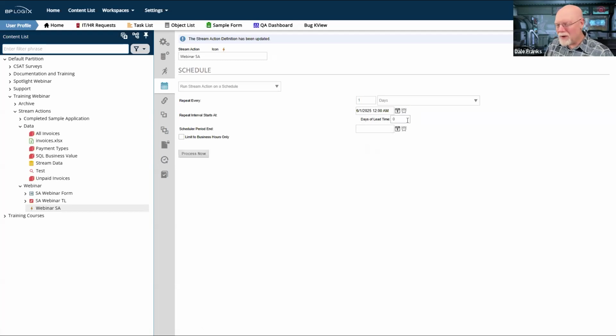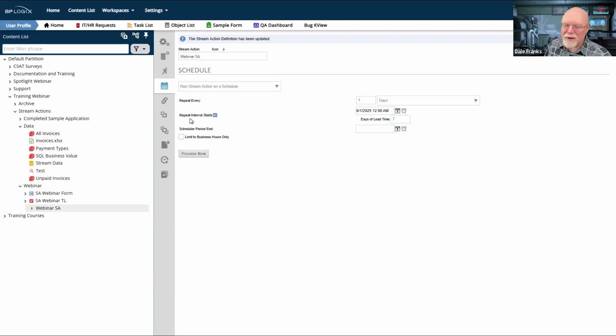So the way that we've done it, which I personally find confusing, is we've added days of lead time. So let's say I think this is going to take 5 days to complete. Or let's say I think it's going to take an entire week. Let's give myself a whole calendar week. I'm going to give myself 7 days of lead time. What this means is that this will not start on 6/1. It will actually start 7 days prior to 6/1 so that I can finish it on 6/1. So I find that confusing.